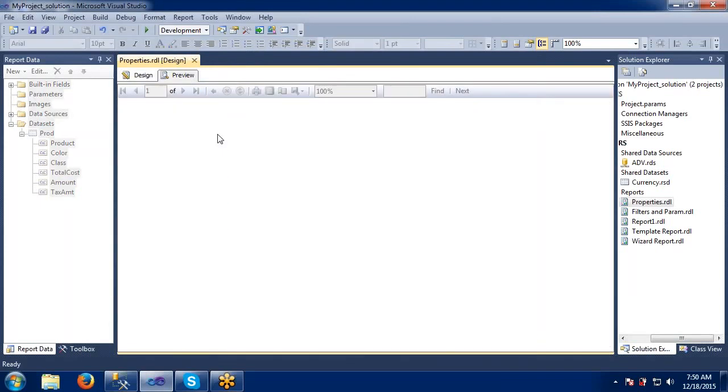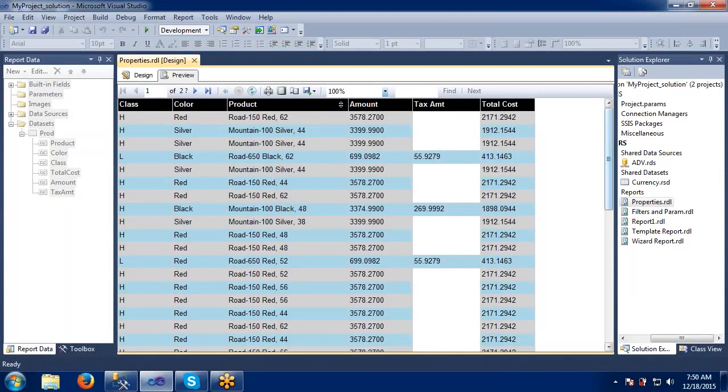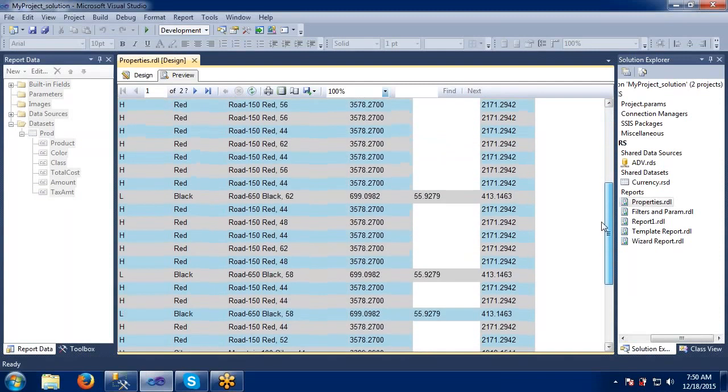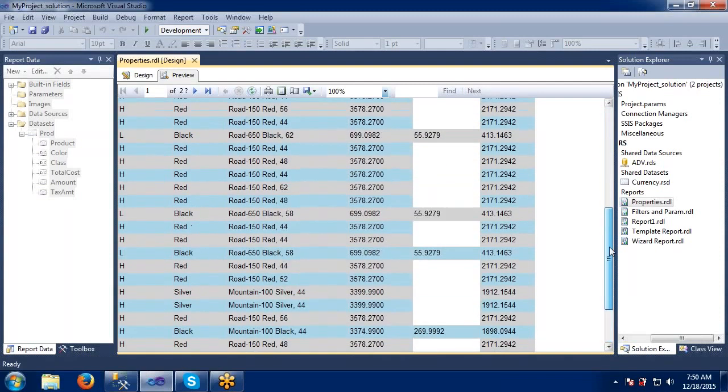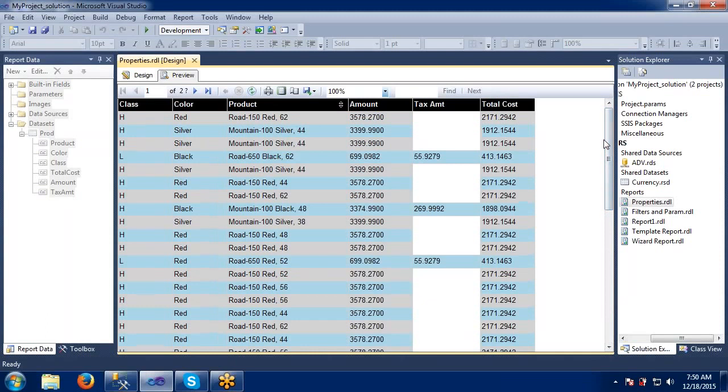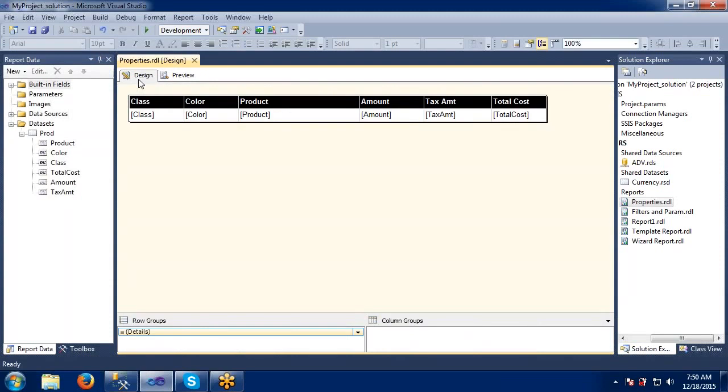Let's preview it once again. See this one. There is one condition working here. If it is greater than or less than the value, then only it should be displayed, or else it should not be displayed. Like this, we can play around with the expressions. We can do a lot of things with them. Here I have just given one plain expression. So these are the options available in the text box.